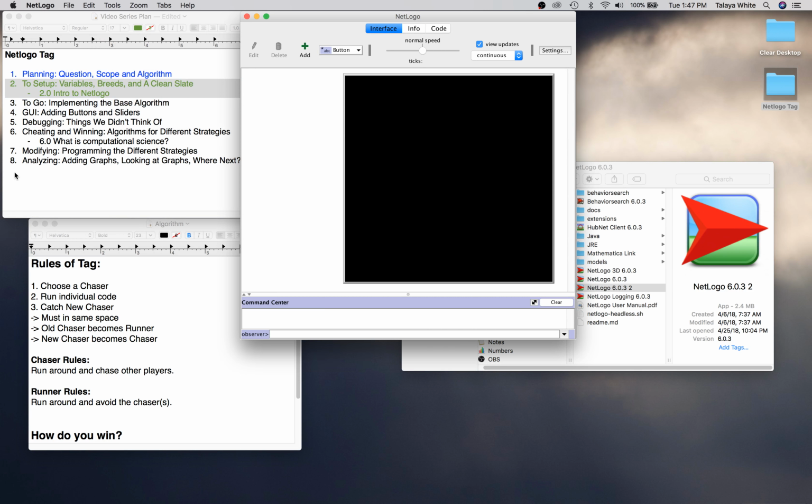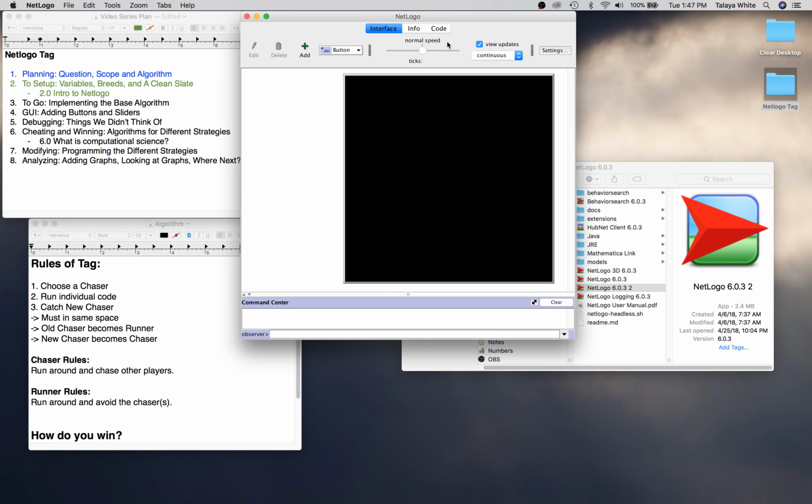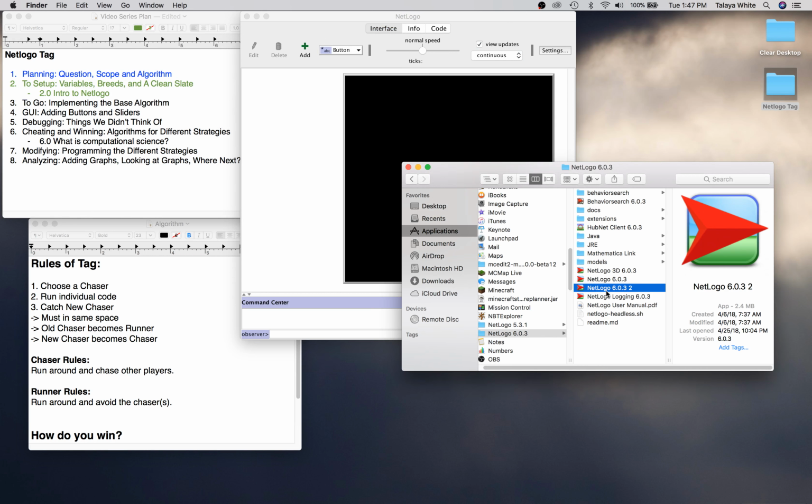If you don't have Netlogo, I'll post a link in the description so that you can go find it and download it. It's free. It's awesome. It's really simple and easy. But we're going to go over the basics today. So Netlogo, right now we're on 6.0.3, and